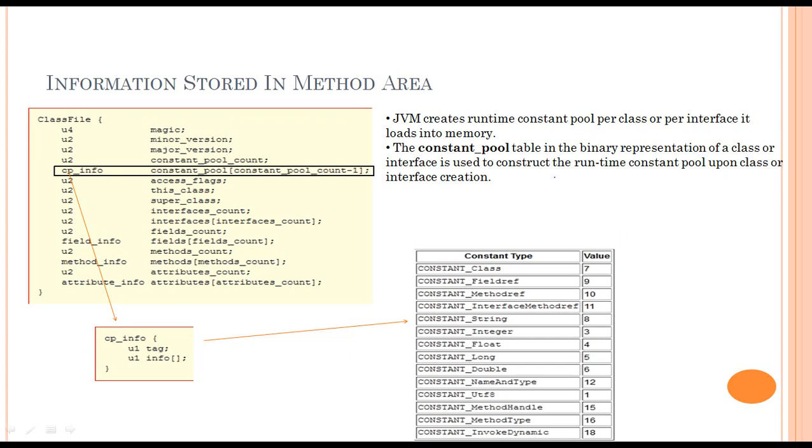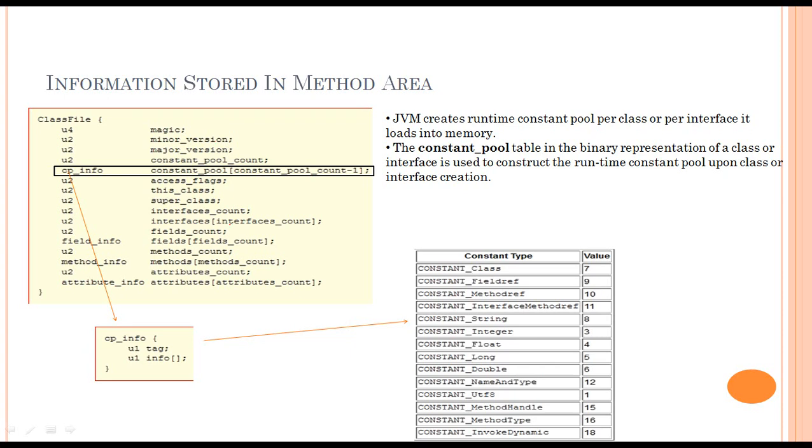So a basic class file looks like this, and it contains a set of information as part of the bytecode. It contains a magic number, which helps the JVM to identify whether the file is corrupted and whether it was modified after the compilation. It also gives us information about the major and minor version. This will help the JVM to understand which version of the compiler is used to compile this class and whether it is compatible with the JVM version or not.